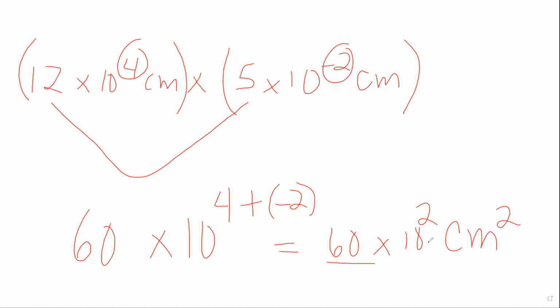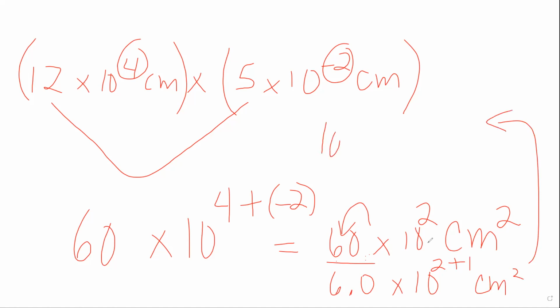Now, the only problem is this is incorrect scientific notation. So in order for it to be correct, the number before the decimal, there's an understood decimal there, has to be between 1 and 9. So in order for that to happen, you have to move it one spot, and it needs to be here. So we are decreasing this area. Since we are decreasing this area, we need to increase this area by 1. So the answer, sorry, I ran out of space, is